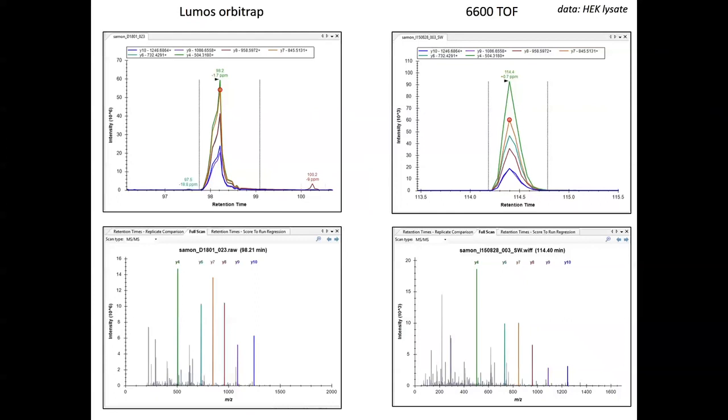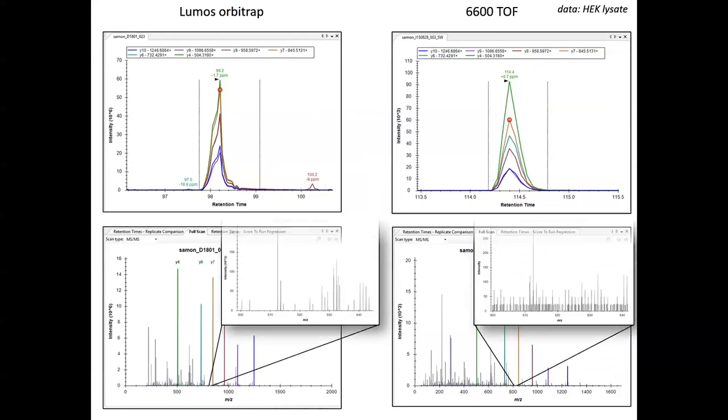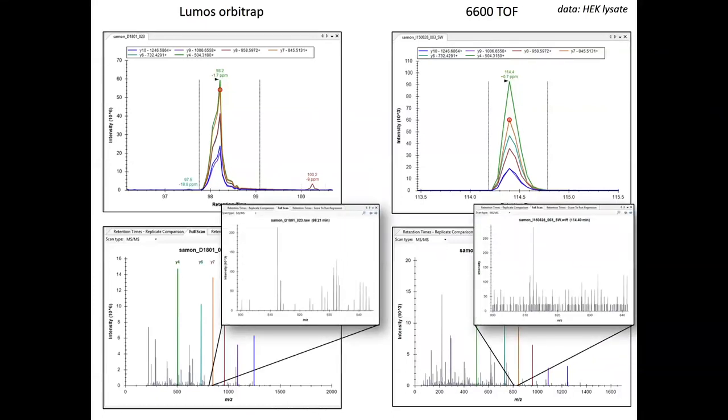These are the Skyline pictures from this data, from the Lumos and from the 6600. You see the MS/MS spectra at the apex from both. Of course, the samples were run in different chromatographic systems, so the background and the chimeric co-fragmenting peaks might be different, but it's just to show you the difference in fragmentation. More important is when you zoom in: the Lumos data is, as you can guess, a lot cleaner than the triple TOF data. This is something that we knew, that the Lumos data is extremely worked out. It's Fourier transform data, extremely transformed, extremely thresholded, but the difference here was really